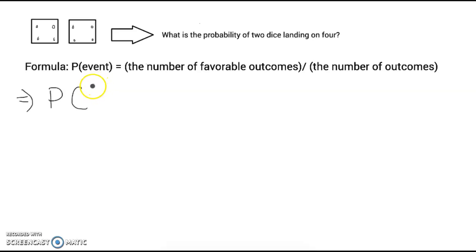Now, what's the event going on? We're tossing 2 dice, and I'm going to put the event as a letter D, which stands for dice tossing, is equal to the number of favorable outcomes. Now, what is the number of favorable outcomes? Well, we're tossing 2 dice and we want to get 4. Both of them we want them to get 4. So the number of favorable outcomes is 2, divided by the number of outcomes, which is equal to,